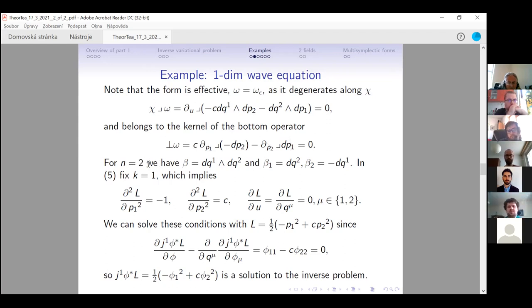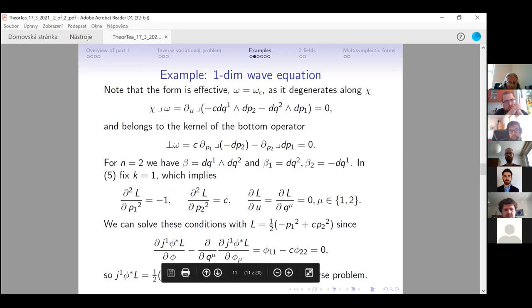And if n equals 2, the general beta is dq1 up to dqn. So n equals 2, we have dq1 wedge dq2. And if I contract dq1 wedge dq2 with del q1, which is this beta 1, I get dq2. And similarly, if I contract dq1 dq2 with del q2, I get minus dq1. As I said, what is 5? 5 is this condition